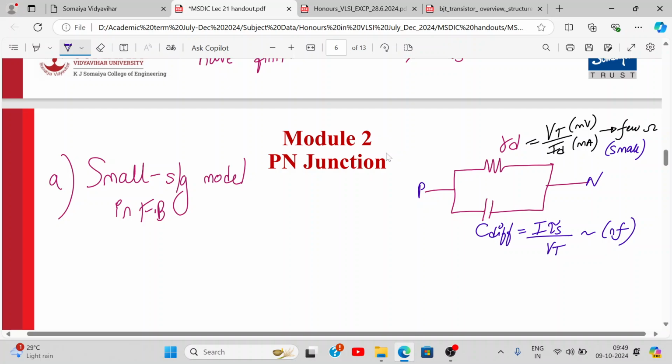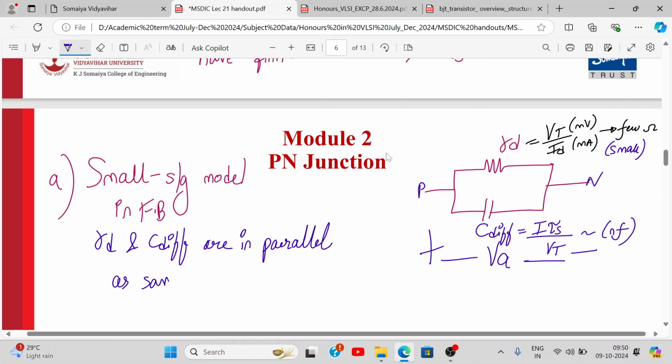Why are they connected in parallel? Why is RD not connected in series with C diffusion? The answer is because the same voltage is applied across the PN junction in forward and reverse, right? Since we apply the voltage across in forward bias, let's say this is the applied voltage. That's why across voltage means parallel, components in parallel. Because the voltage is the same across the two components, they are connected in parallel. Understood this? So RD and C diffusion are connected in parallel